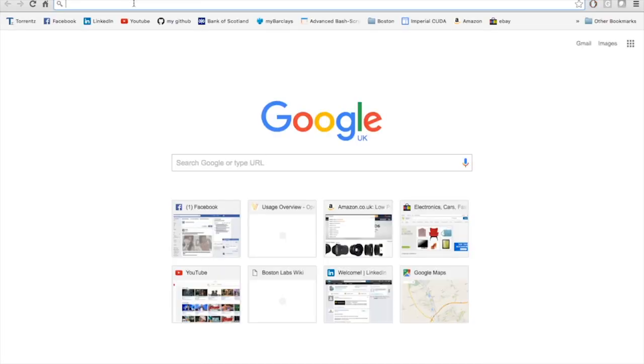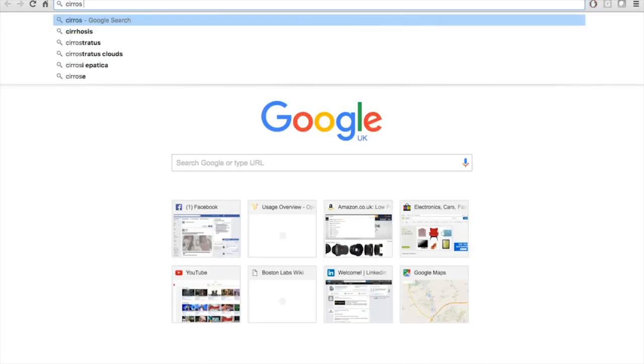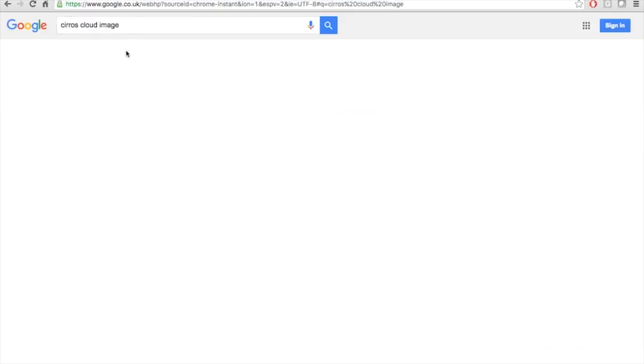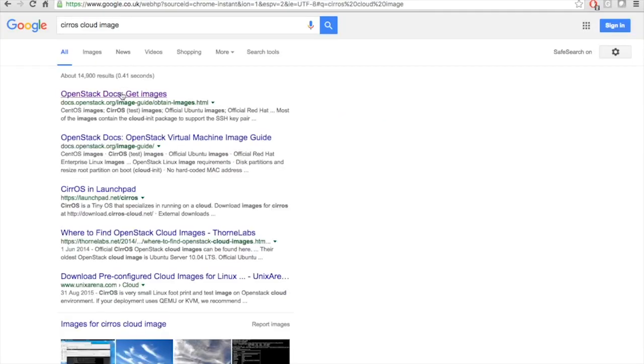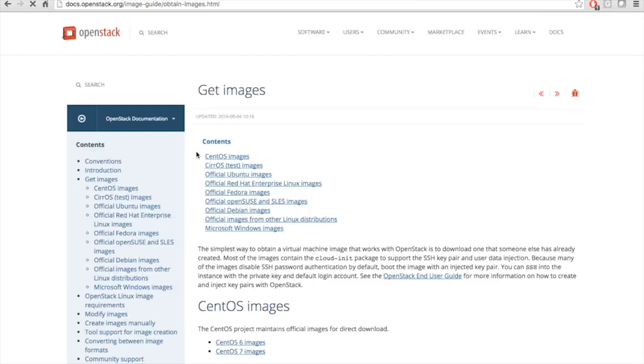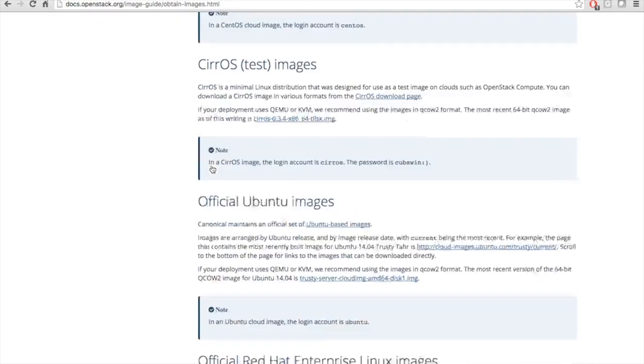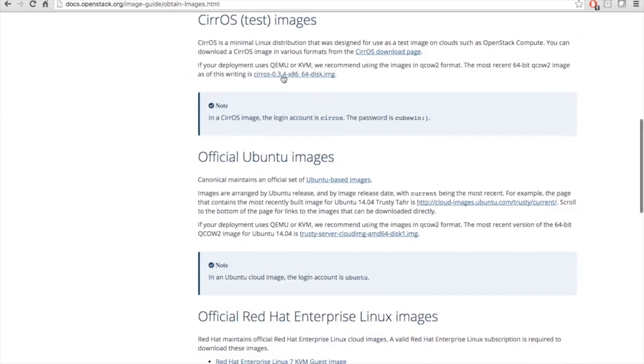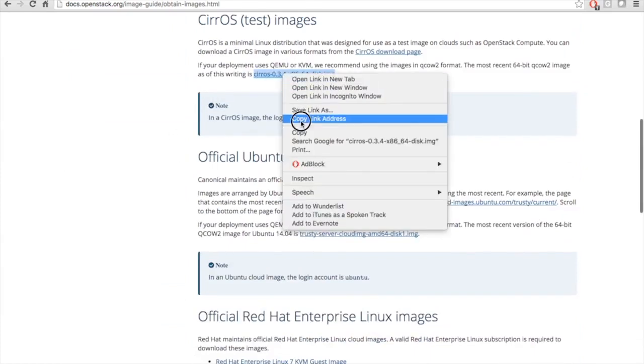So you can go here, search for Cirros cloud image, and they are available here. So just copy the link